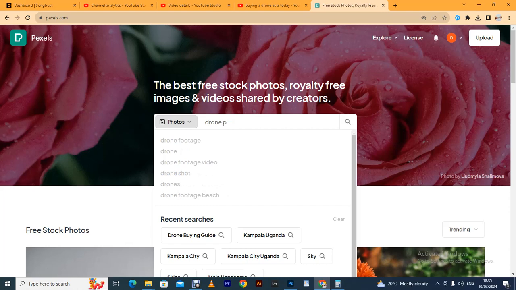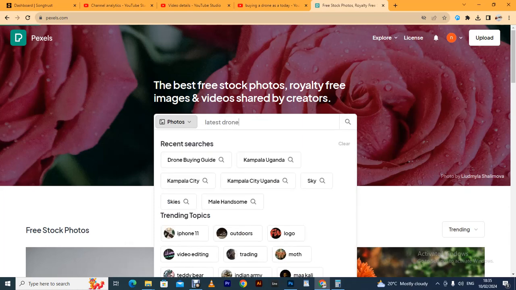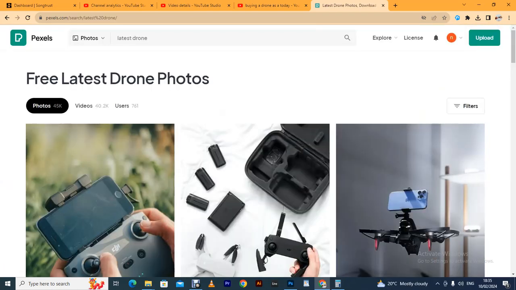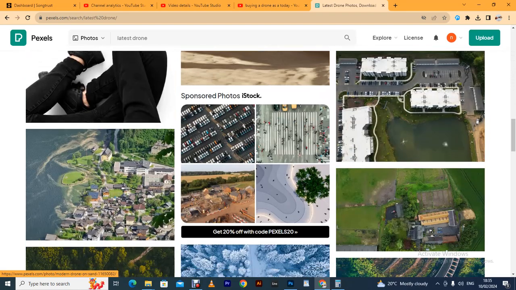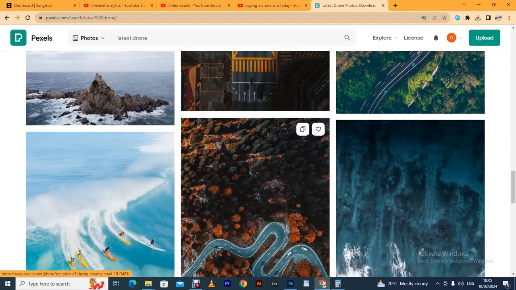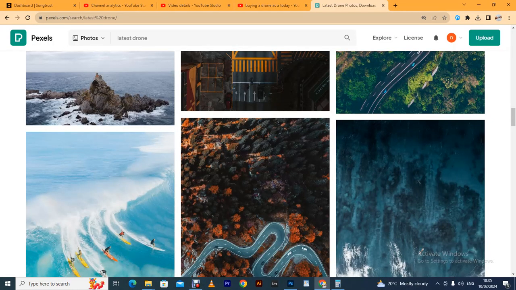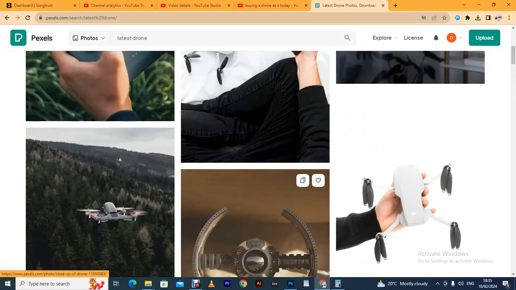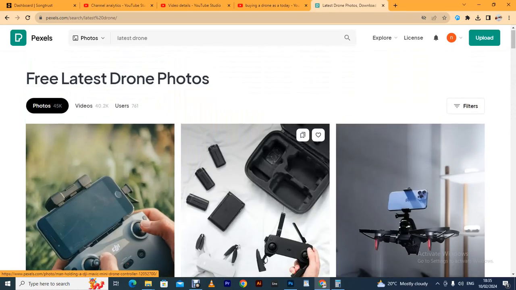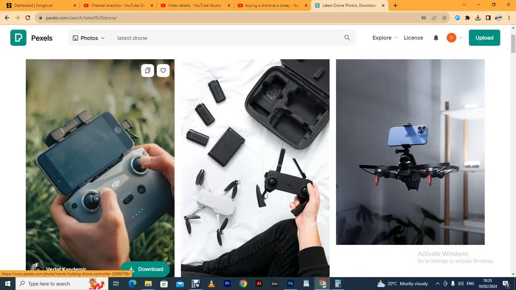drone photos, where you put in latest drones, just like that. Are you seeing? So you are given different drones, so far with the images they happen to have. Now your purpose is to look at them. Okay, look at those images that we have and come up with one that will best describe your